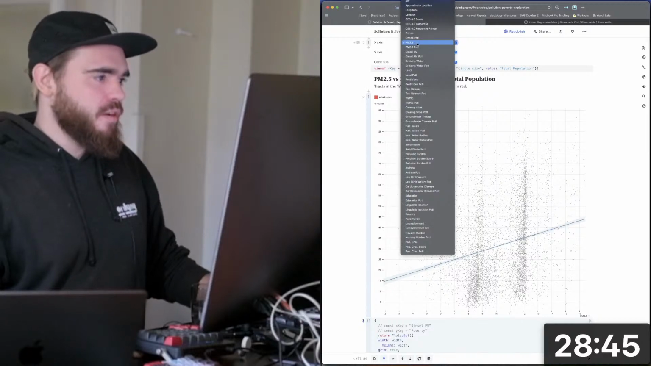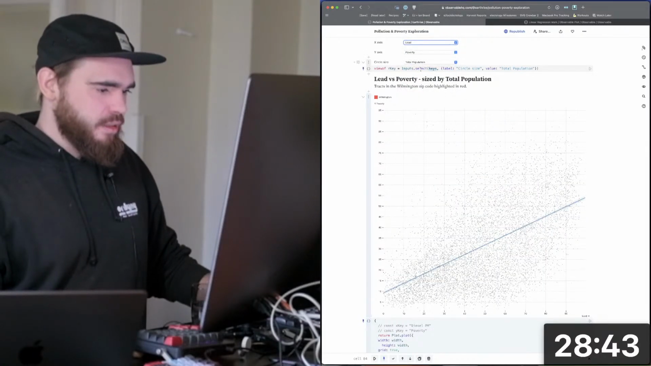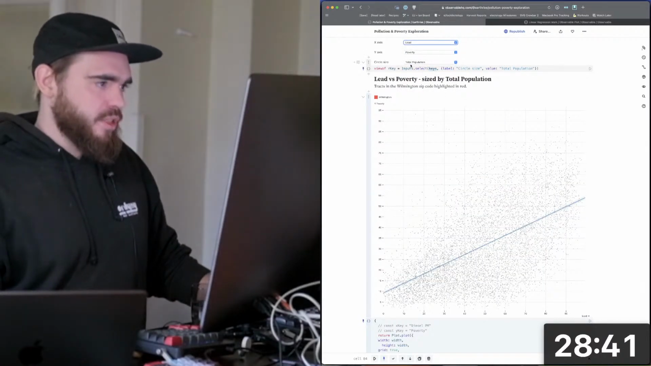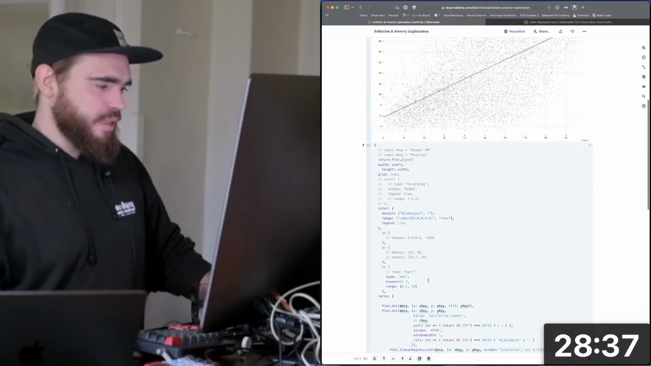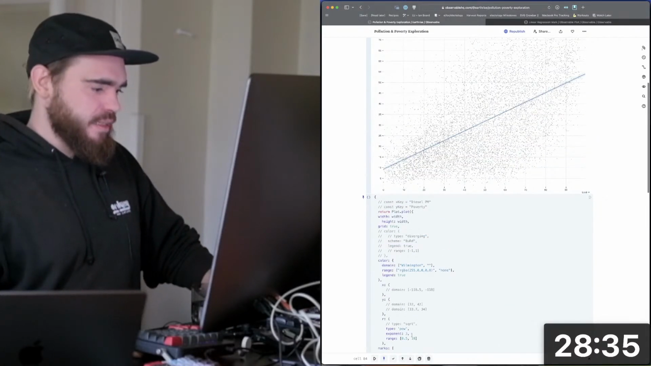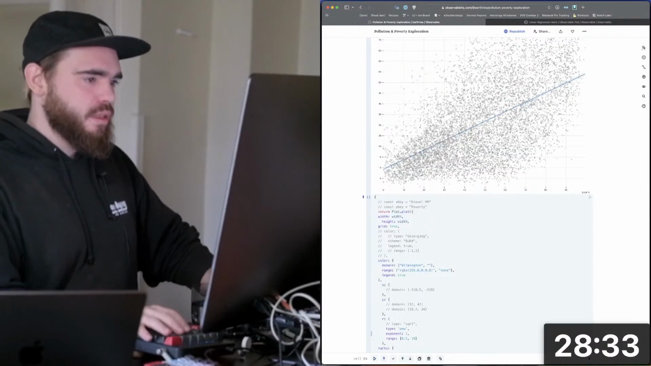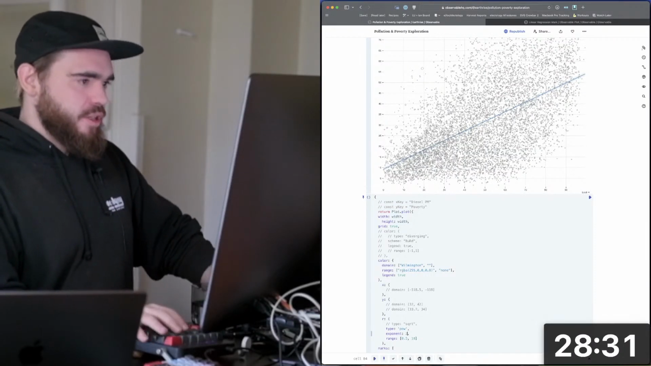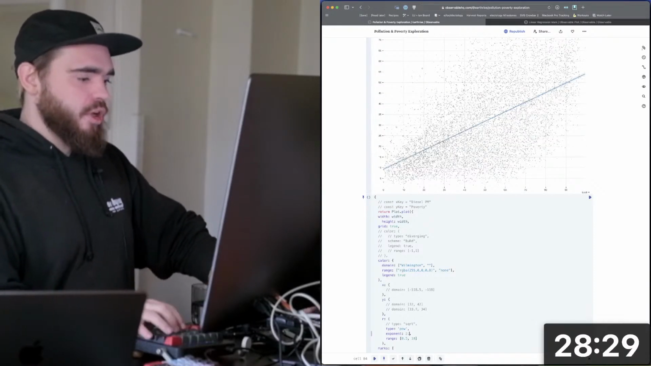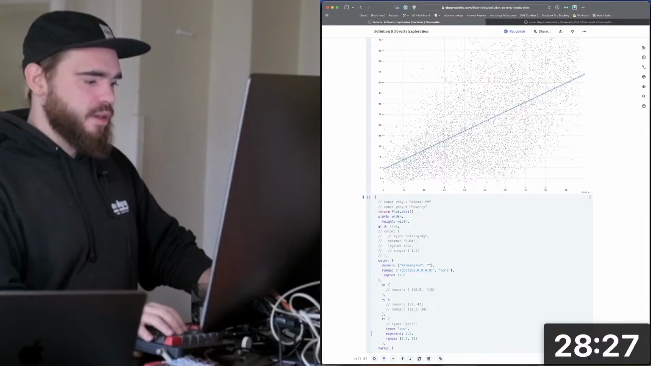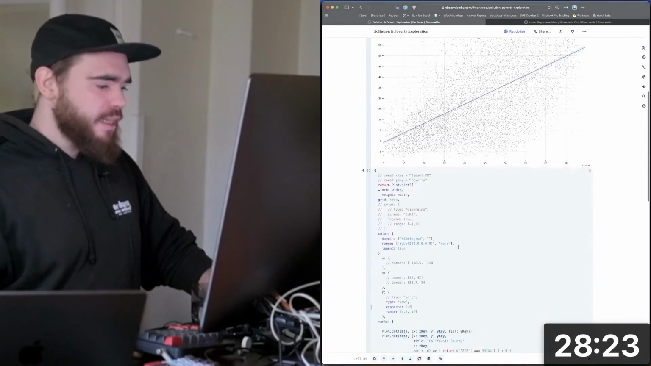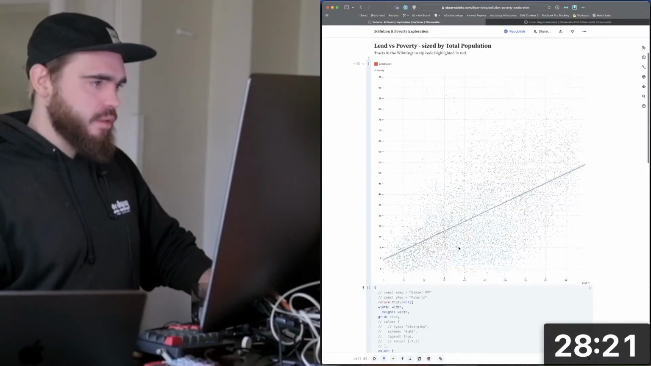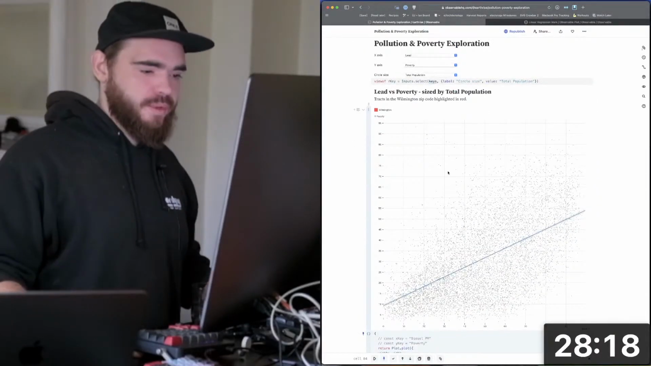We can also do poverty versus lead. The circle size is the total population. I was trying to emphasize it a little bit, so we can turn this down, one, maybe 2. So the larger census tracts are shown as larger circles. And then I was highlighting in red the Wilmington zip code, which is